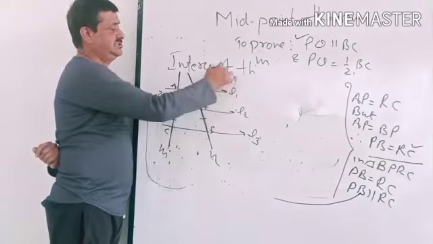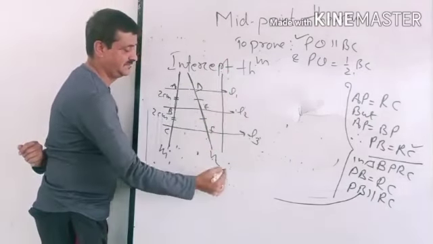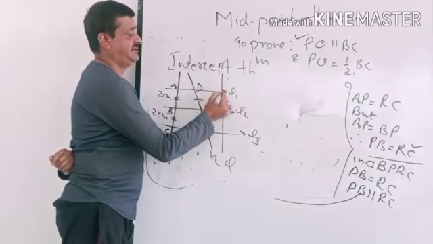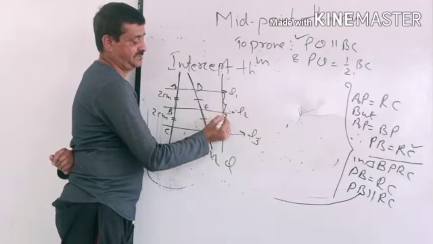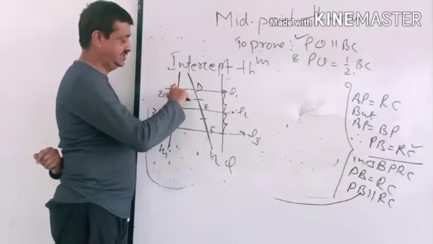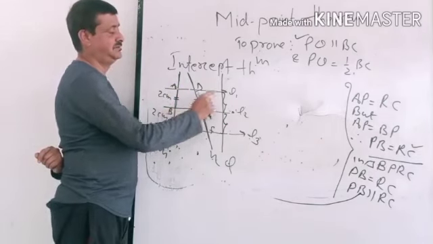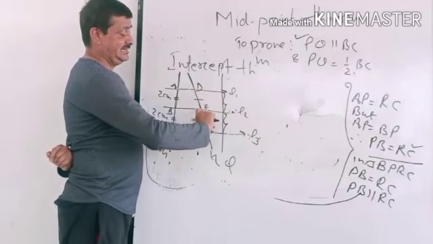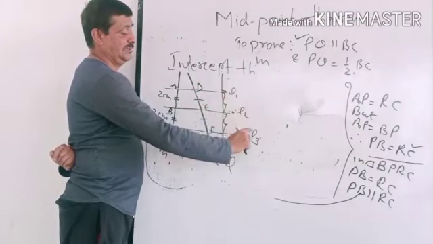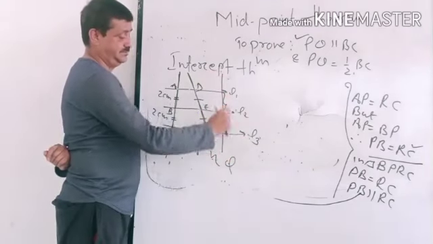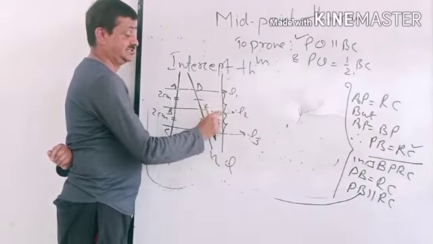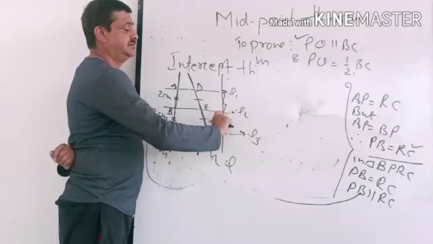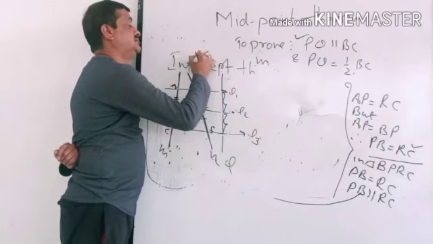Understand? However many transversals I draw on these, suppose I add one more transversal, then with the help of this theorem the length of this intercept will be equal to the length of this intercept. AB, BC are the intercepts made by L1, L2, L3 on line M. DE, EF are the intercepts made by L1, L2, L3 on N. Similarly this. So I will get these two intercepts also equal. It may be 1 centimeter, then it will be 1, it may be 50 centimeter, then it will be 50 centimeter according to this theorem.